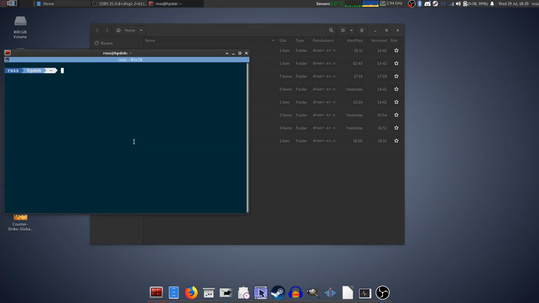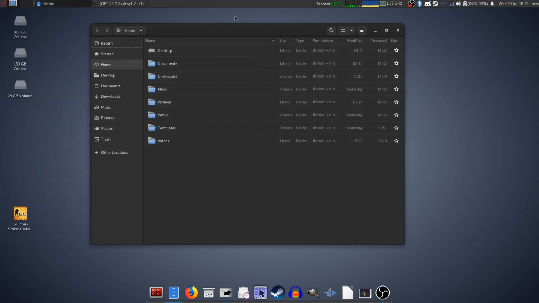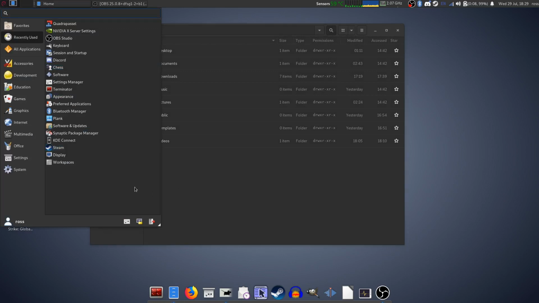Nautilus is here, sudo apt install Nautilus, I believe. Yeah, it's installed. So that's Nautilus. And I like Nautilus because it's got a search. Thunar doesn't have search. The default window file manager that comes with